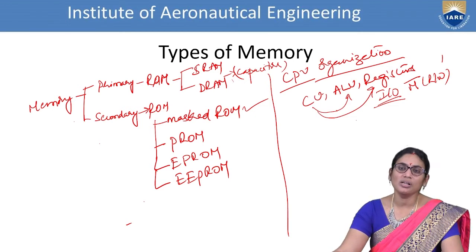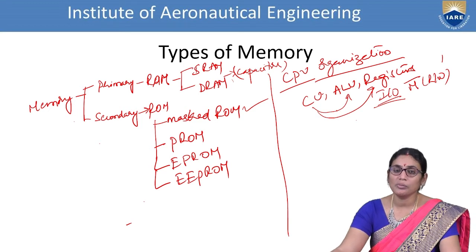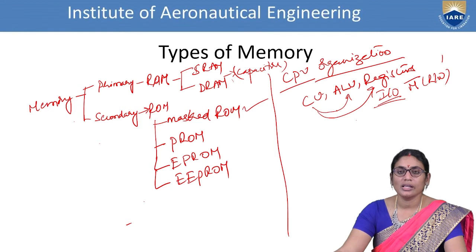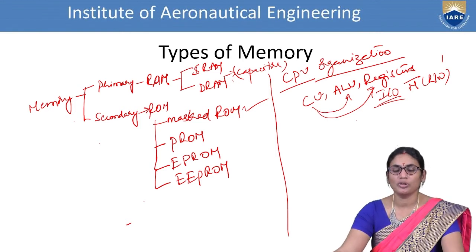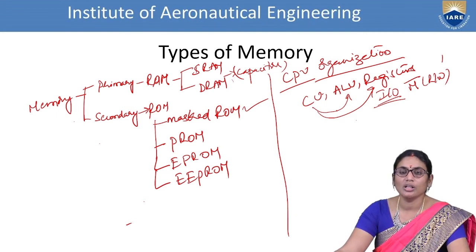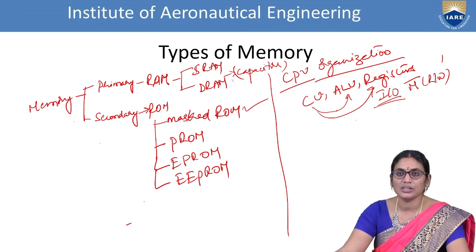Next one is programmable ROM. The data can be written programmatically by using a ROM designer. This is called programmable ROM. Next one is electrically programmable ROM, where programmatic operations on the ROM are possible by means of electrical pulses. Next one is EEPROM. EEPROM means that data, once written, can be erased and rewritten for the next operations.